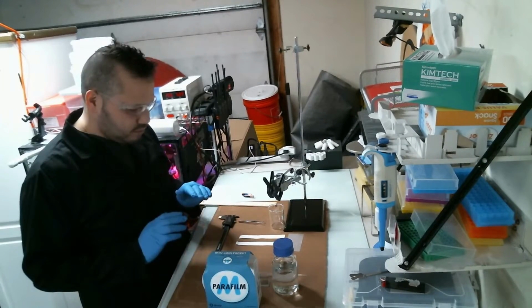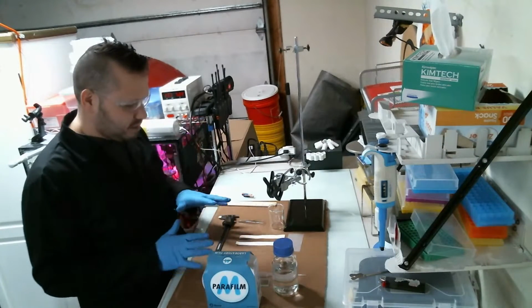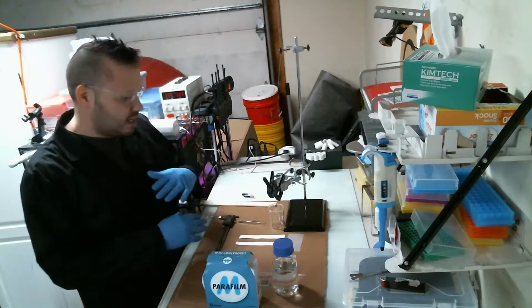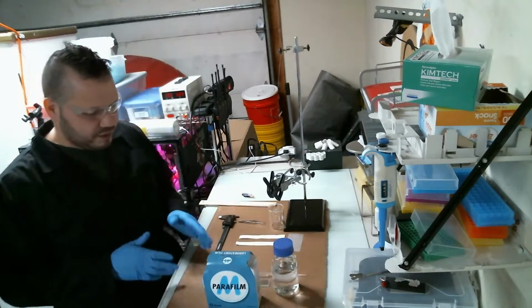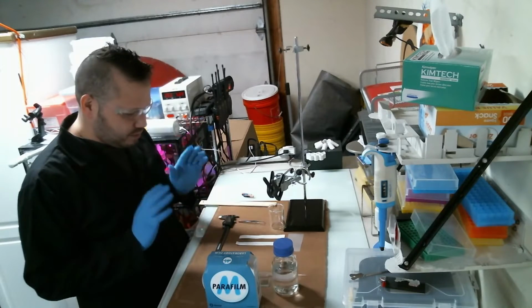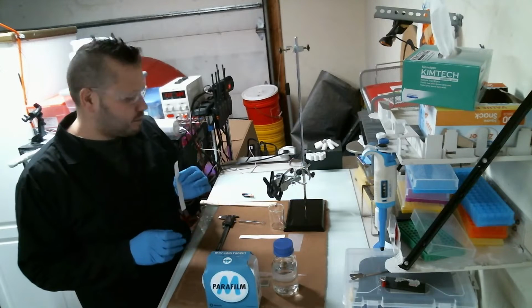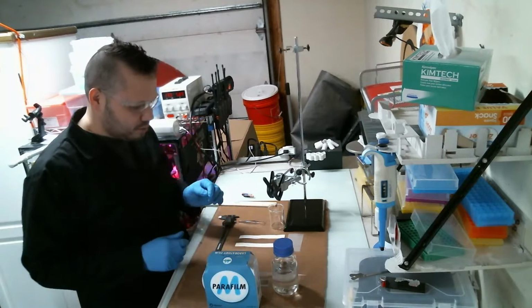Hello everyone. This is going to be a two-part experiment because I got to prep one thing, and then once I do that, I got to clear everything out and then finish the other part of the experiment. For this part of the experiment, I'm going to be prepping some chromatography paper to be able to essentially do